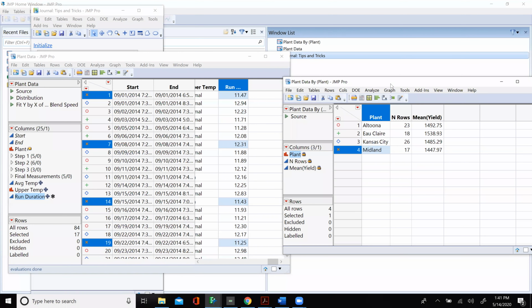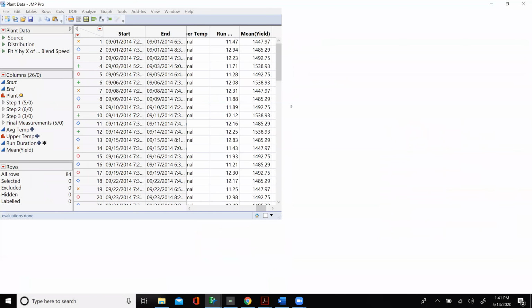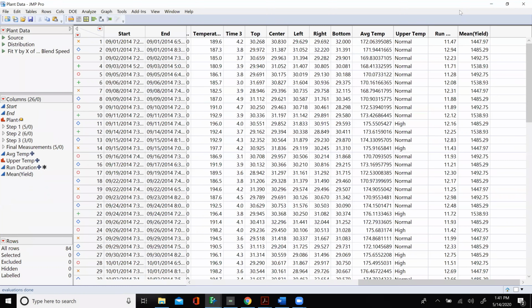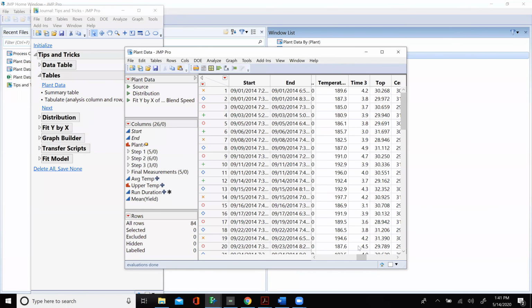Now, I know a lot of you that are JMP users know that already, but did you know that that column right there can be brought to the original data table, being that it's linked? I can just grab it and drag it over here, and now I have that in my original data table. Did you know you could do that? All right. Now, that's one way of doing it. You could also do this.